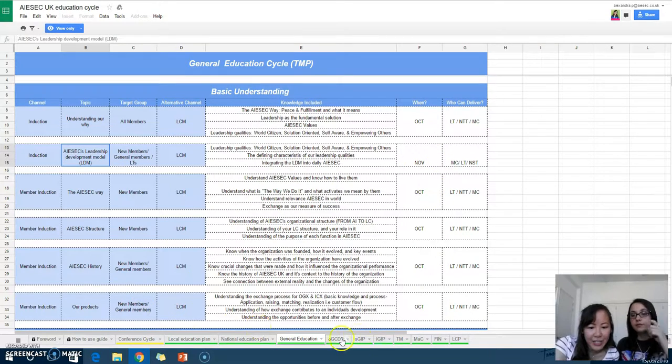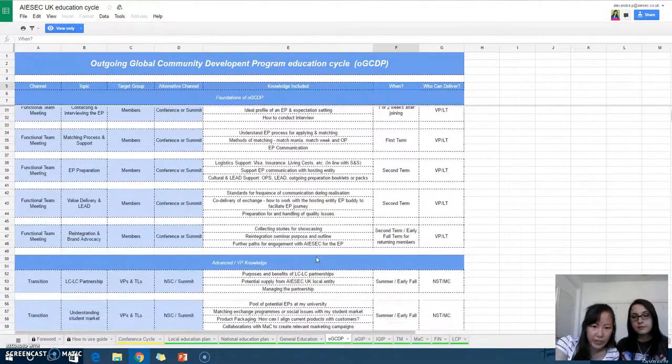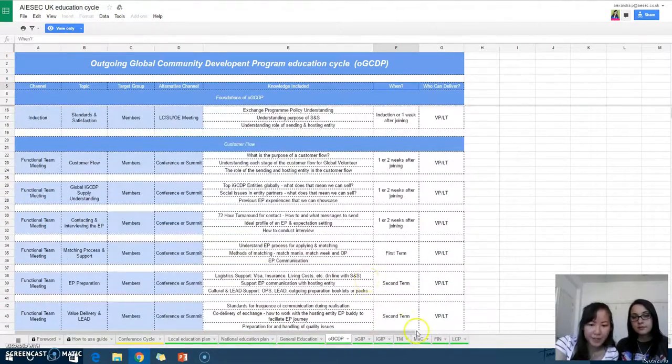And there are different function tabs for you to understand at which point in time what kind of knowledge should be downscaled as well. So you can design your functional training cycle based on these tabs. You can explore this in more depth when you have time.